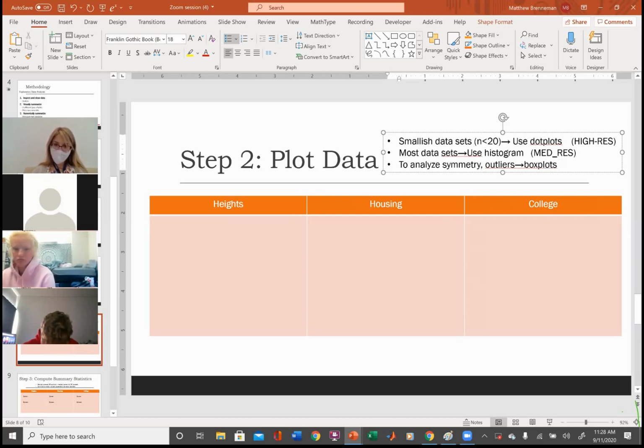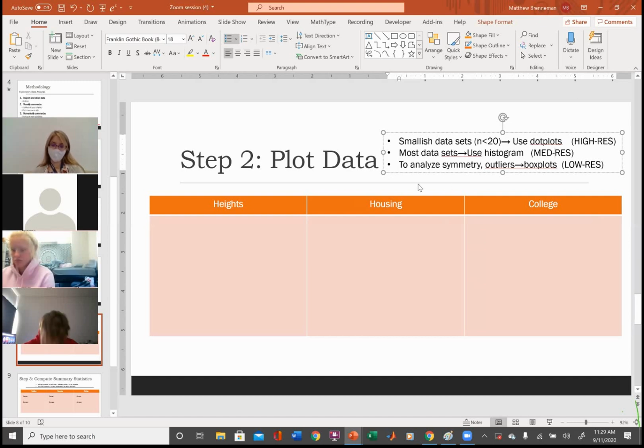Box plots, we generally don't do. We usually use box plots for diagnostic reasons. Later on, we're going to talk about the shape of the data, and it turns out that to determine symmetry or to detect outliers, box plots can be good. This is a really low res sort of picture. This is like going out into outer space and taking a picture of the Earth, very low resolution.